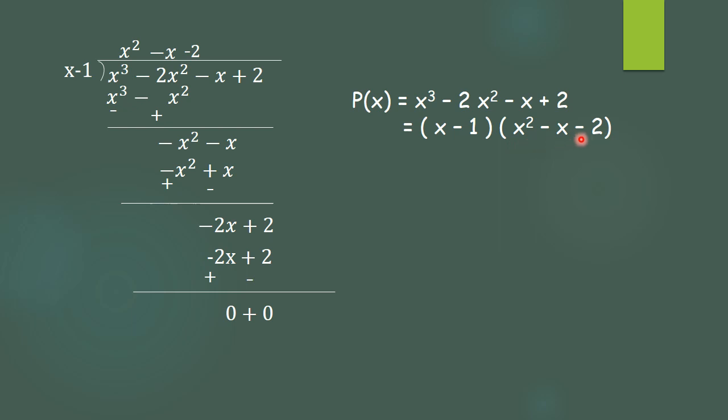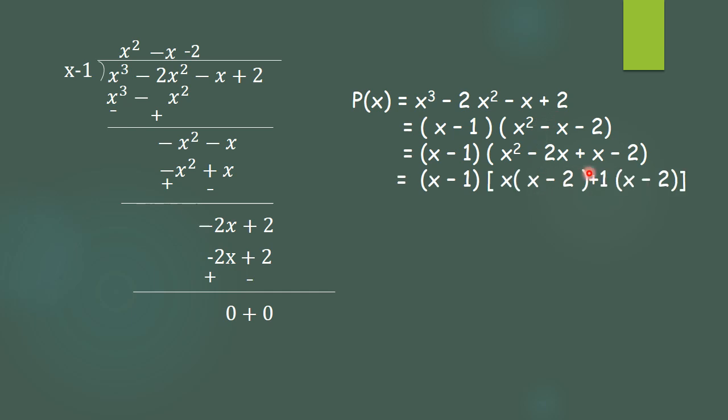Now we have to go for the splitting of this quadratic. For that, what is a? a is 1. The constant is 2, but when you multiply we get minus 2. So get the factors of 2 such that the subtraction is 1. We get the factors as 2 and 1, and the sign of the middle term is given to the greater, so it becomes minus 2x plus x. So this middle term is split as minus 2x plus x.